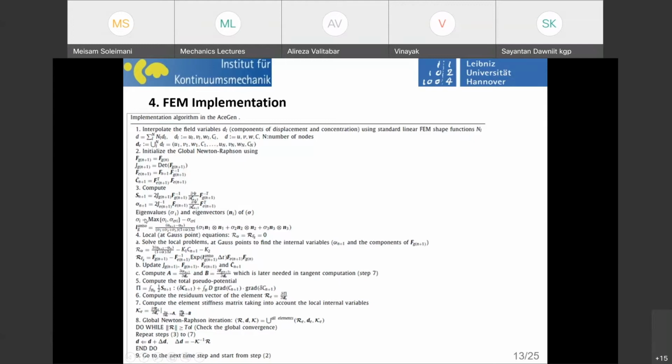So, and then after that, we compute the eigenvalues of sigma. Then we apply that condition of growth cessation. That means that if the sigma exceeds this value, it's prescribed to 0. And then we can build our anisotropic growth function using what I explained to you. You see, these are the eigenvectors of sigma. These are the eigenvalues of sigma, sigma 1, sigma 2, and sigma 3. And this is the summation in the denominator, and this is alpha dot over 1 plus alpha. That is exactly what we had in the isotropic growth. So it's basically